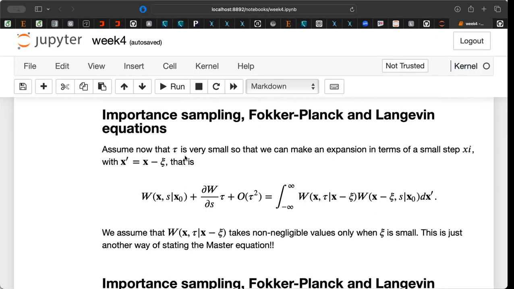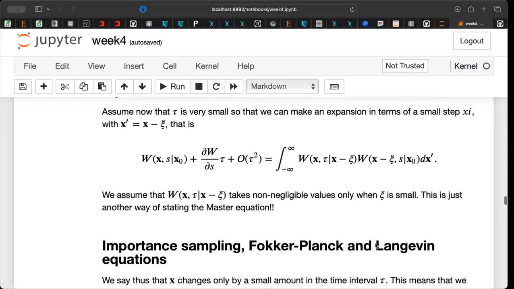So we are then going to look at the expansion of this distribution in terms of a Taylor expansion, where we have the first derivative plus terms which go like tau squared. So this is us Taylor expanding the quantity which we have on the right here. What we are doing now is that it takes non-negligible values only when this step here is very small. And that's just one of the basic assumptions behind the master equation, which is used in the derivation of